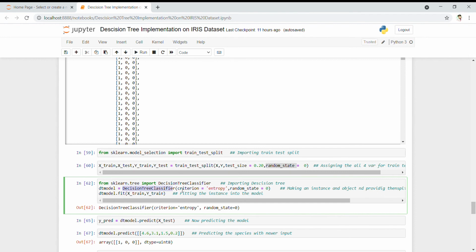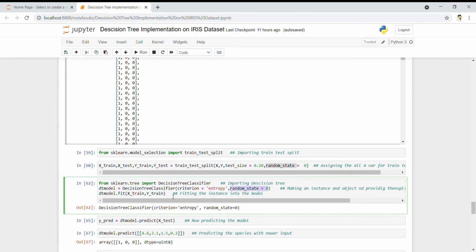In the parameters I set criterion equal to entropy, because it will split my dataset on the basis of entropy, and random_state equal to 0.